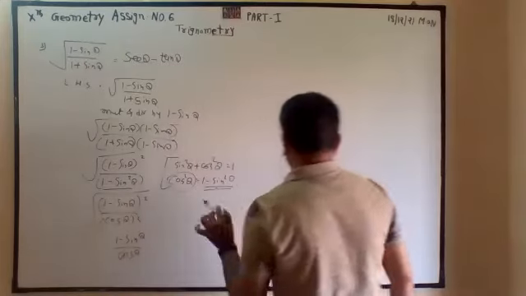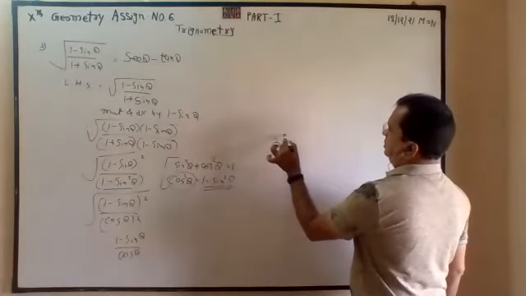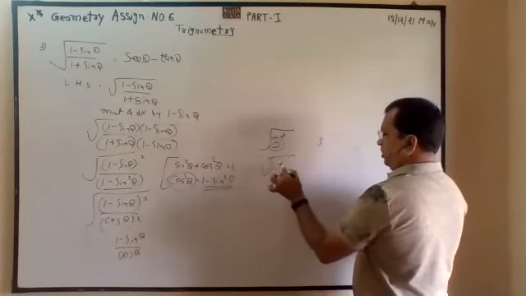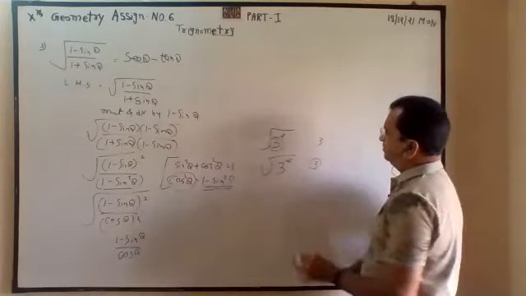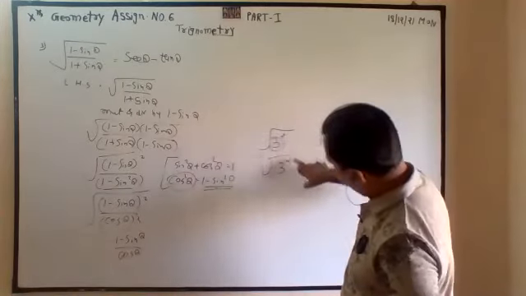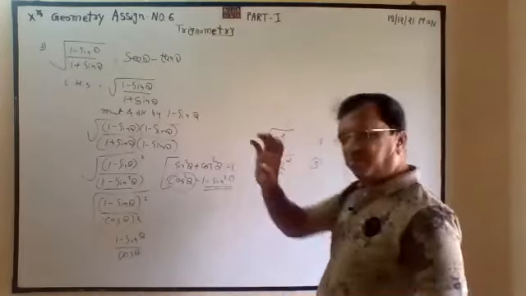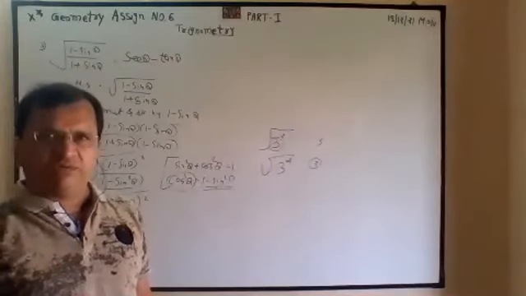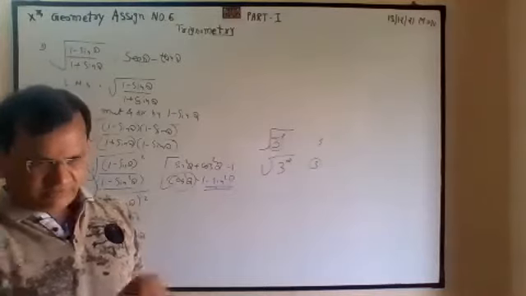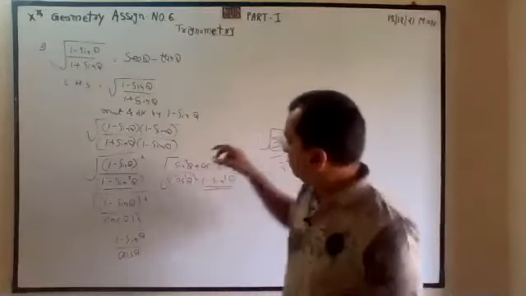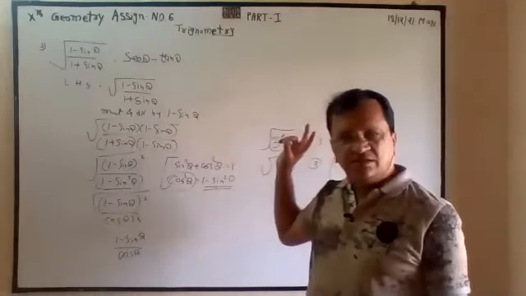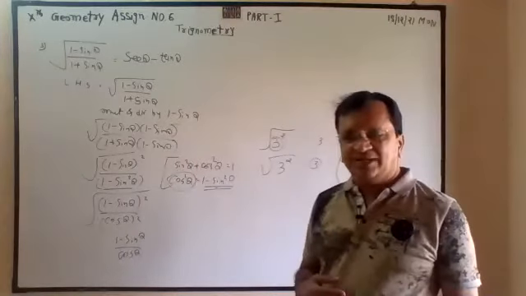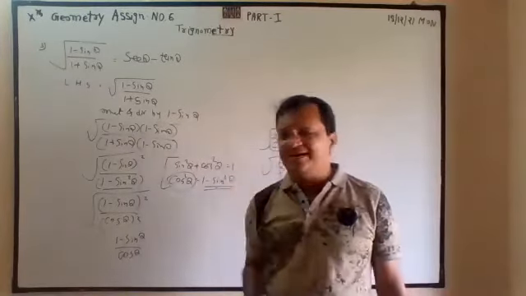Cos theta. Wait, I am explaining. 3 square and square root, that is only 3. Square root of 3 square, that is also 3. Square of square root or square root of square, whatever the base number, that is the same answer without power. The base will be only the answer, but these two powers should be equal. Cube root cube, square root square. Are you getting what I am telling?